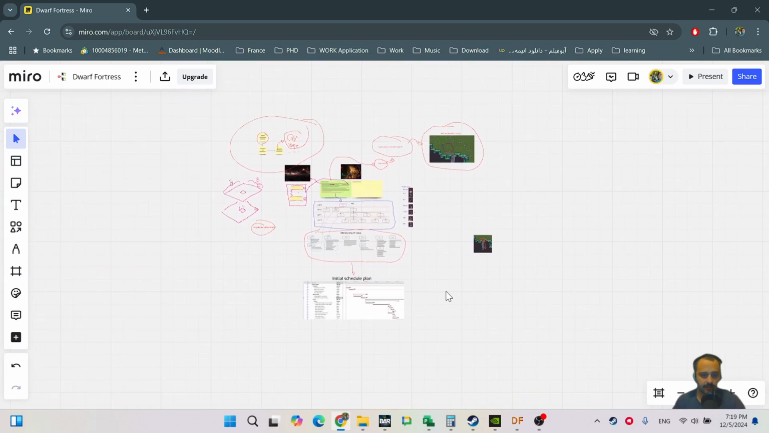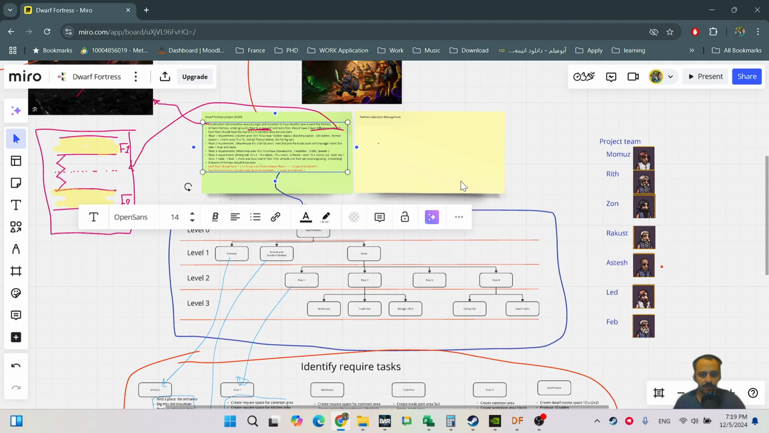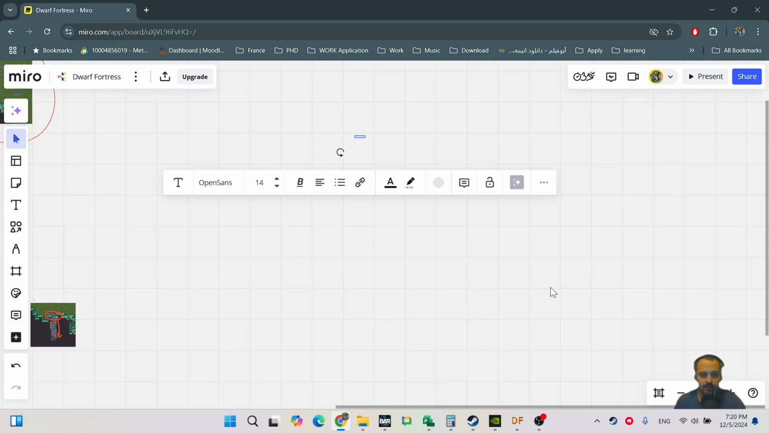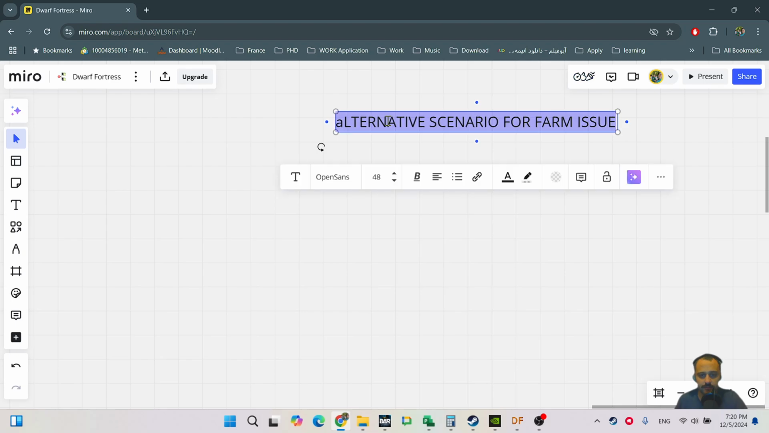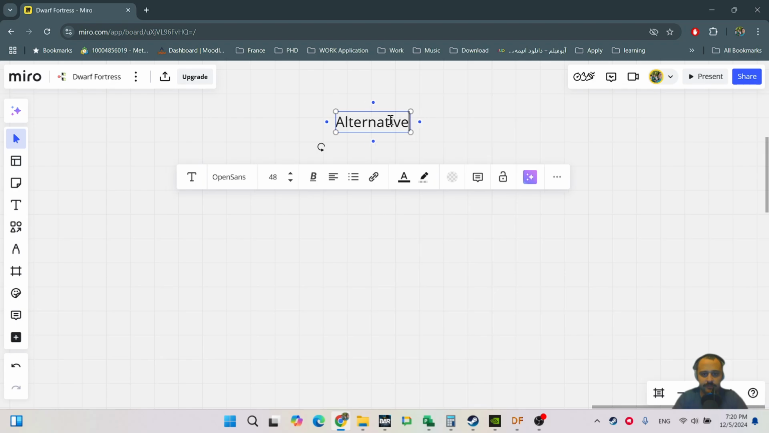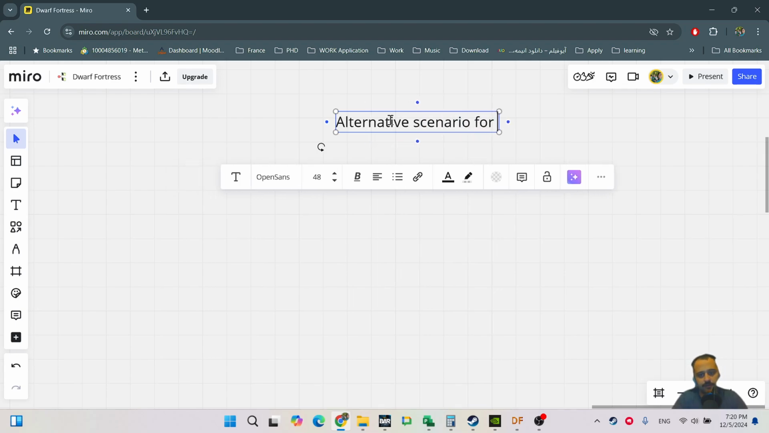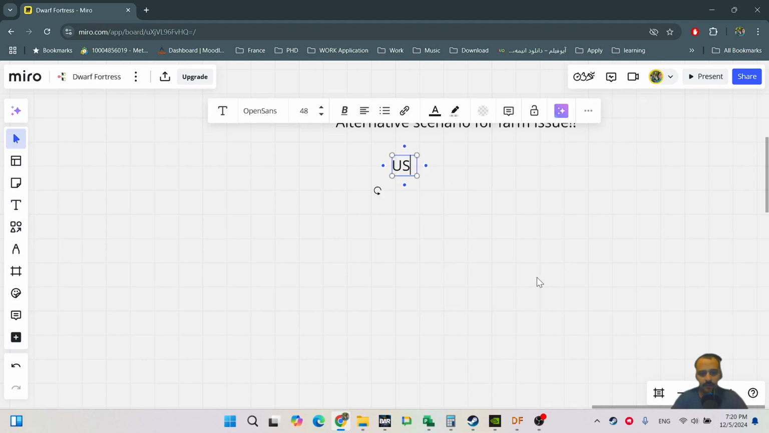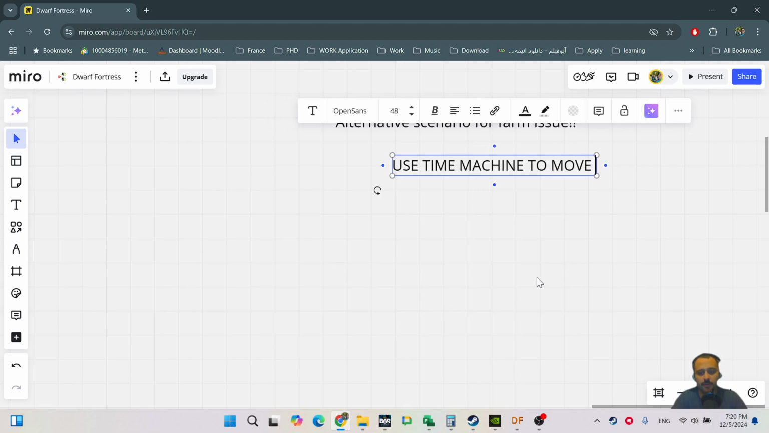Let me put a title here: Alternative scenario for farm issue. Okay, what I want to do is to use the time machine to move back